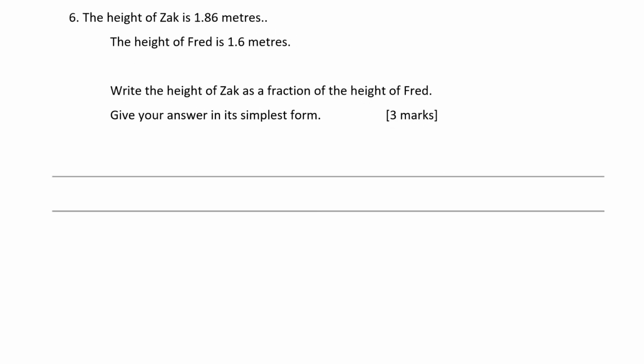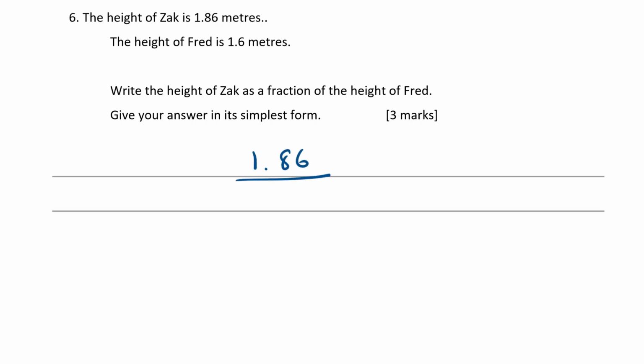The height of Zach is 1.86 meters. He's a big boy. And the height of Fred is 1.6 meters. Write the height of Zach as a fraction of the height of Fred. Give your answer in its simplest form. Write the height of Zach as a fraction of the height of Fred. That means Zach's height goes on the top and Fred's height goes on the bottom. So it's going to be